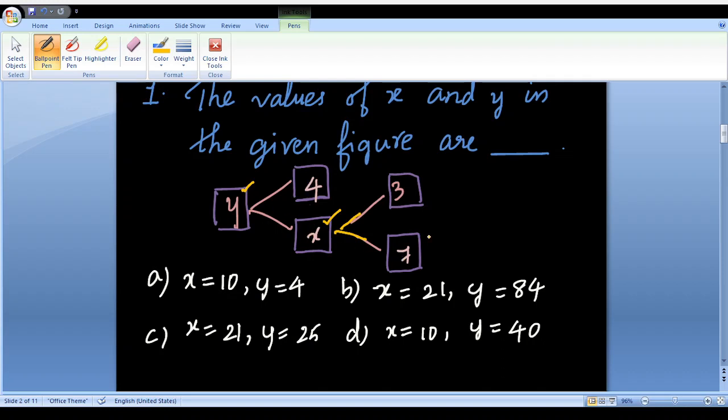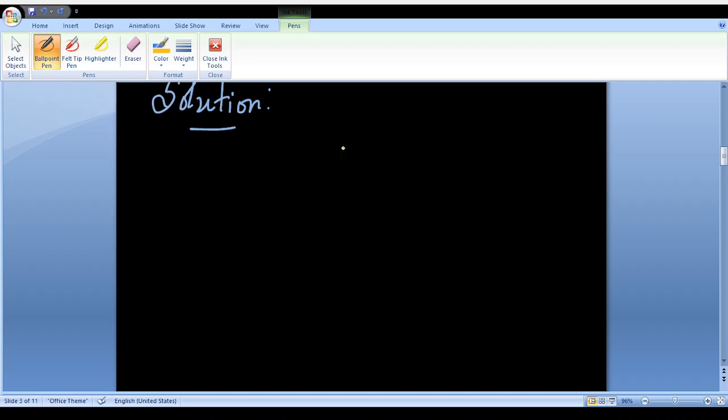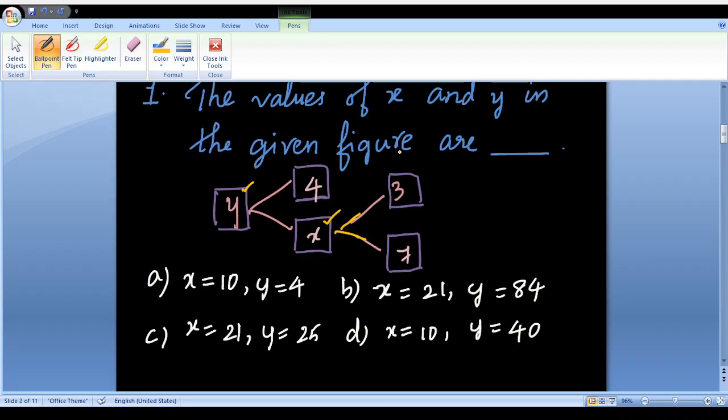So we have 3 and 7 over here, right? And this gives you the x value. So just find the product of 3 and 7. What is 3 into 7? It is 21. So the x value will be nothing but 21. Now see the question. We have 4, and this 21. When you find the product of 4 and 21, you'll get the